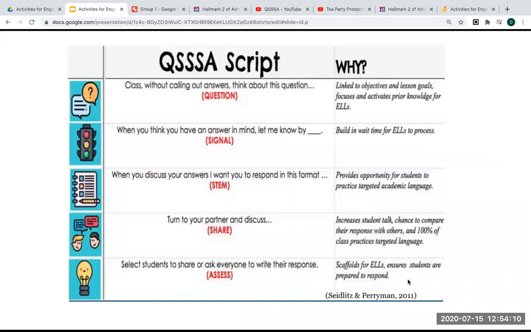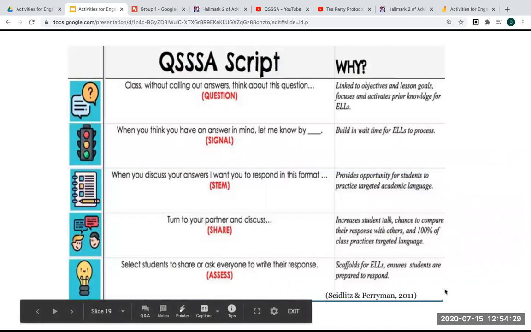So here's the script, and I also provided a copy of this script in the shared drive. So if you access the shared drive, it is in there. Although Seidlitz and Perryman have created this, and I'm sure if you Google it, you'll find it very quickly as well. So again, just kind of going through the different steps,